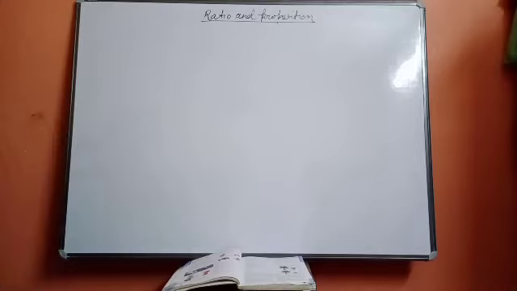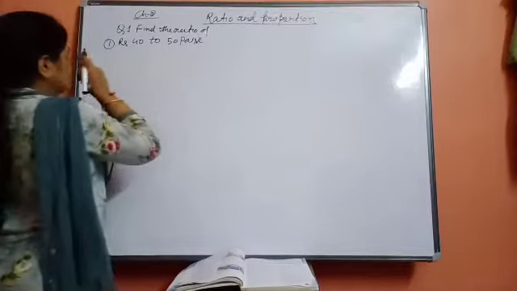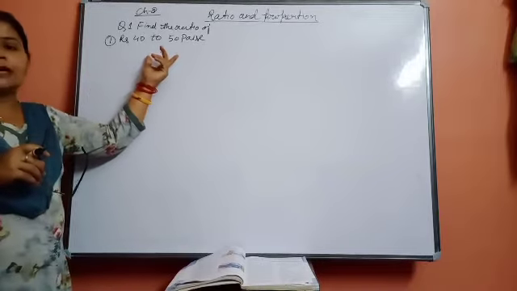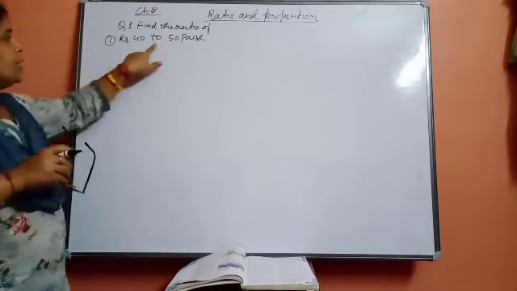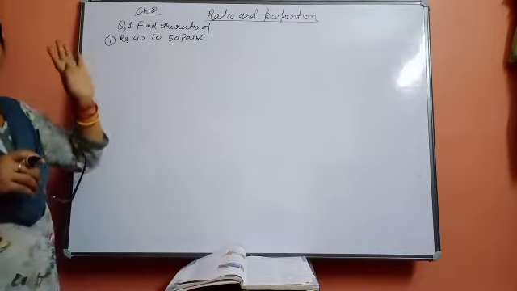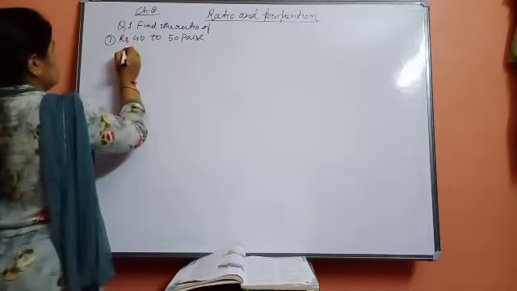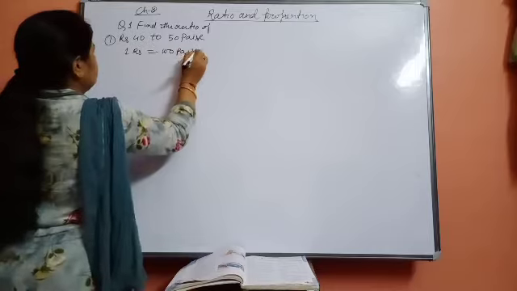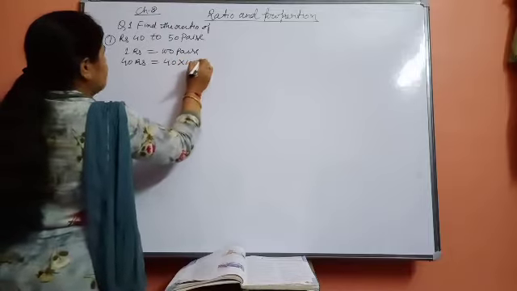See that. Find the ratio of rupees 40 to 50 paise. Just now I told you, while we do the ratio, both the numbers should be in the same unit. Here it is in rupees, here it is in paise. Whether you convert to rupees or to paise, what I am doing is converting 40 rupees into paise. So 1 rupee is equal to 100 paise, so 40 rupees is equal to 40 into 100 paise.